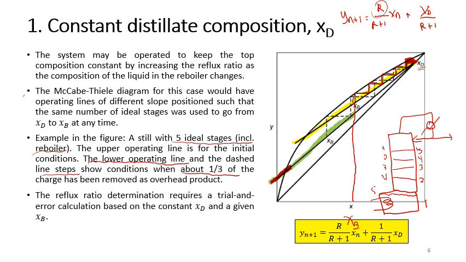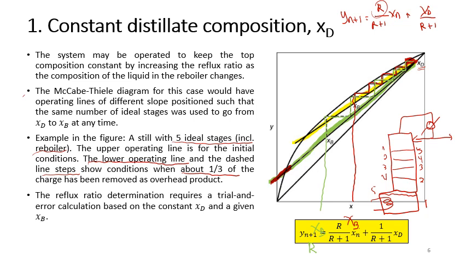This is, let's say, your second operating line, and you start to step off the stages, starting with the same value of XD. 3 stage, 4, 5. So this is your XB at another value of R, where now the slope of the